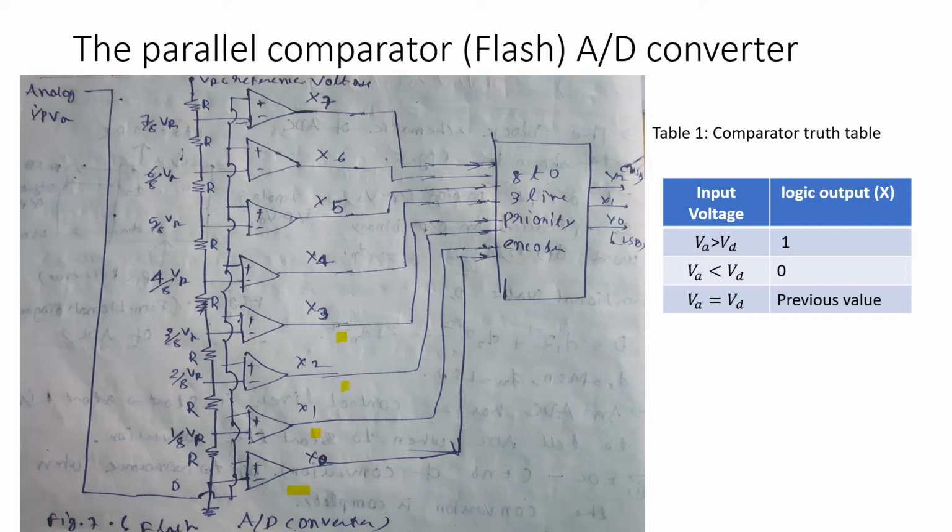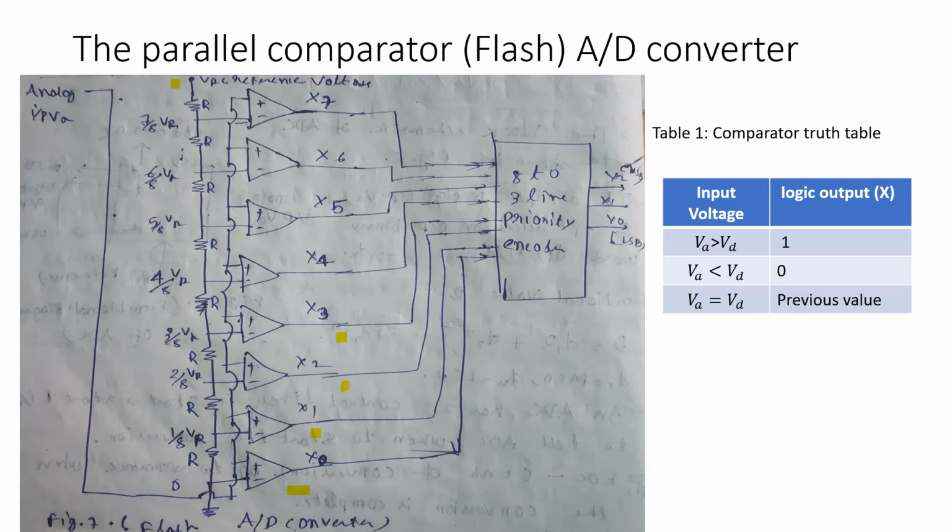8 comparators are there. Here one reference voltage is there, and through the resistors R it is given to the negative terminal, the inverting terminal. What is the voltage here? See, only ground here. The voltage at the second, X1 output, for this op-amp is total resistance 8R, divided by R, so 1 by 8 multiplied by the voltage VR. So what is here? It is 2 by 8 VR.